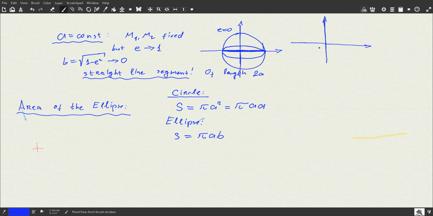So basically, yes, but we'll do it in a much better way without actually the use of this formula. You can see that even by very elementary means, this can be achieved. So if we have, let's say, a curve y of x for the upper part of our ellipse, and we know in this particular case that x is from minus a to plus a, then S can be computed as a quadrature or a definite integral using this Newton-Leibniz formula from minus a to plus a of simply y of x dx. And from our equation x squared over a squared plus y squared over b squared equals 1,